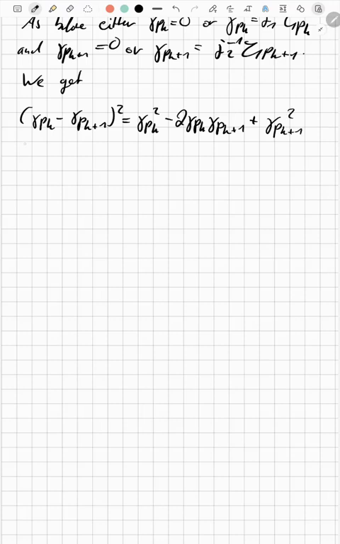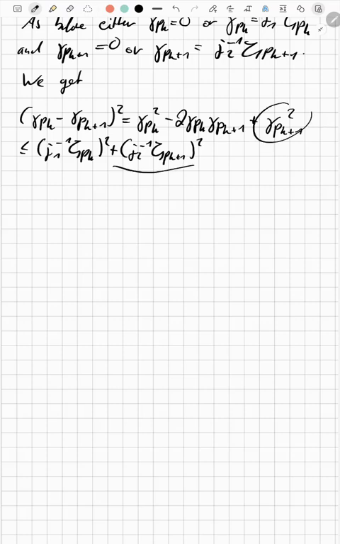We know that from school. This is less than or equal to j1^(-1) times ζ_pk² plus j2^(-1) ζ_pk+1². So this is our γ_pk+1² plus